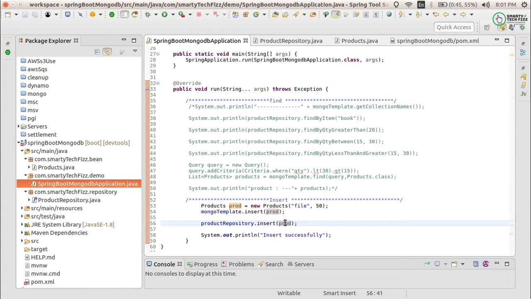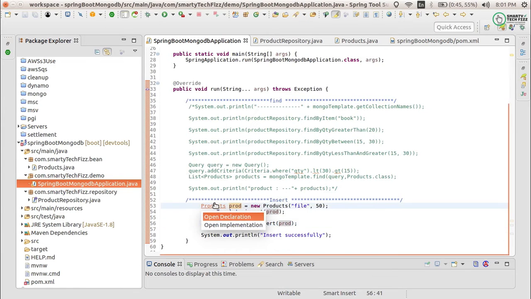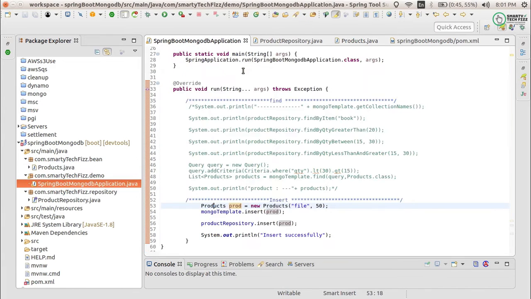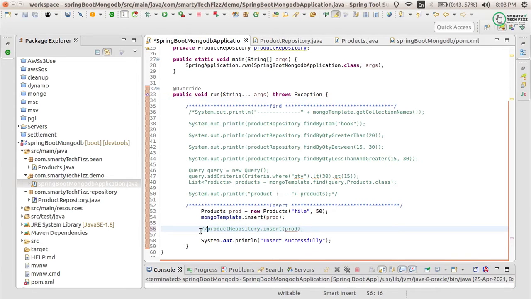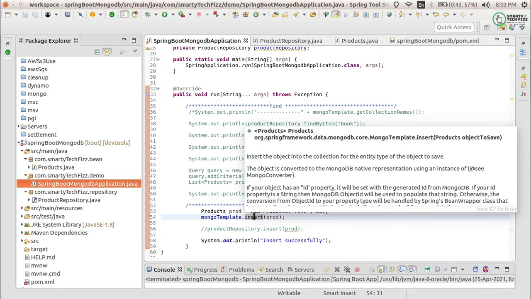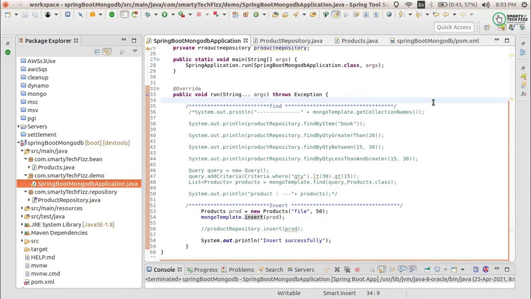As I said earlier, this product object refers to the product collection, so it will automatically go into the products collection to save the object. As we have created two insert statements, let's comment out the second one first. Then we will insert using only this function, and then we will try the repository part.